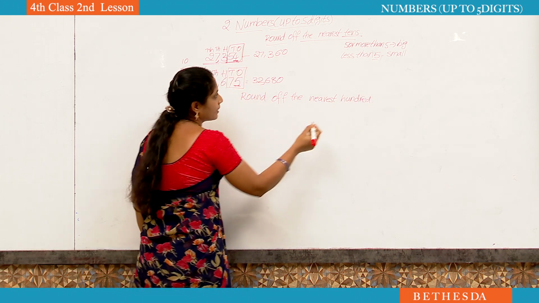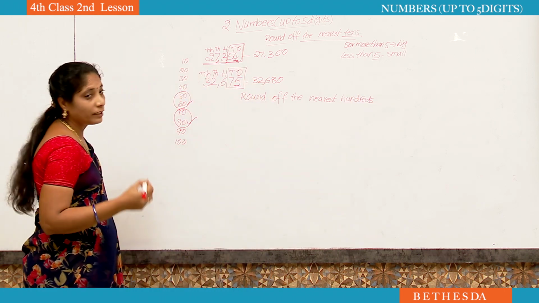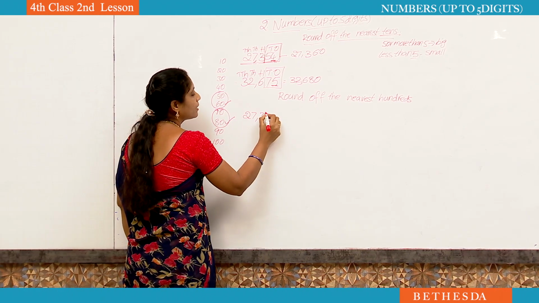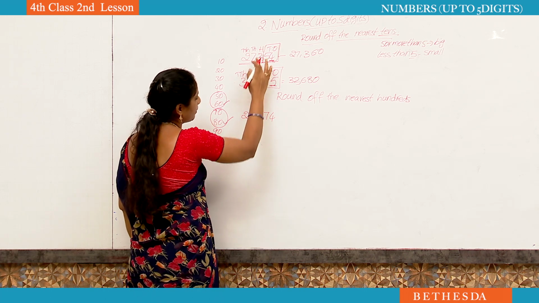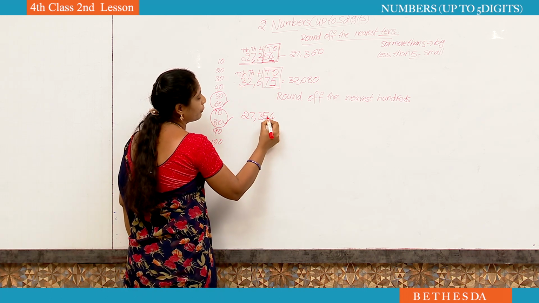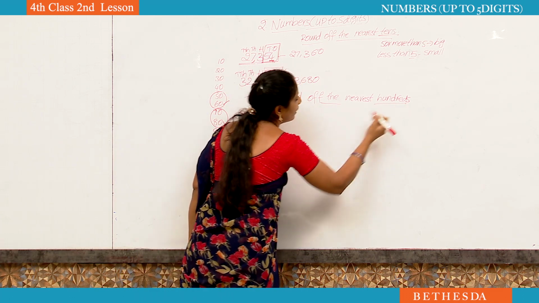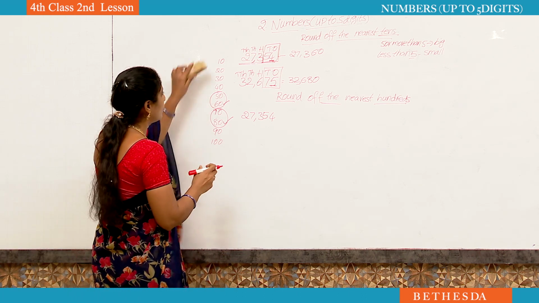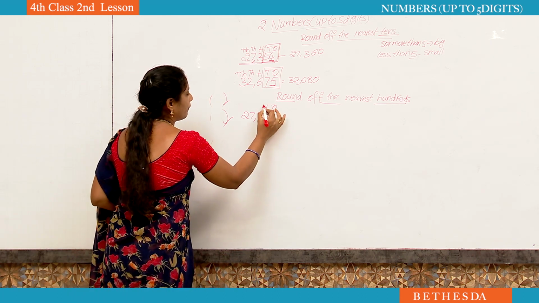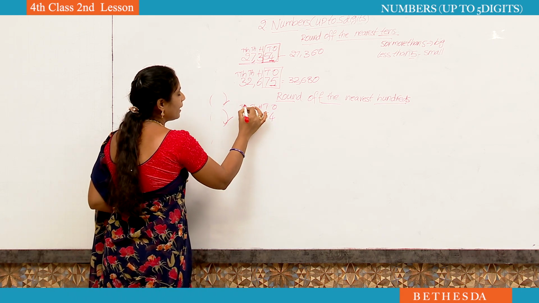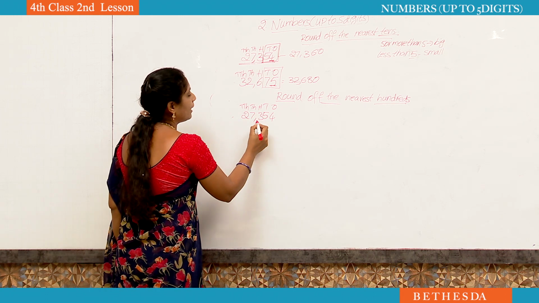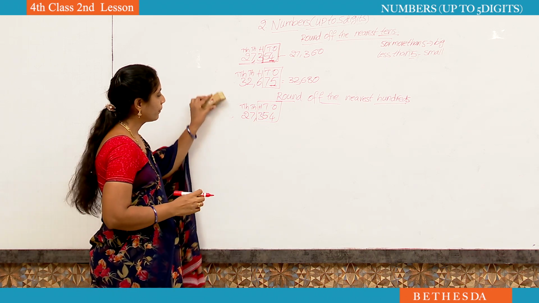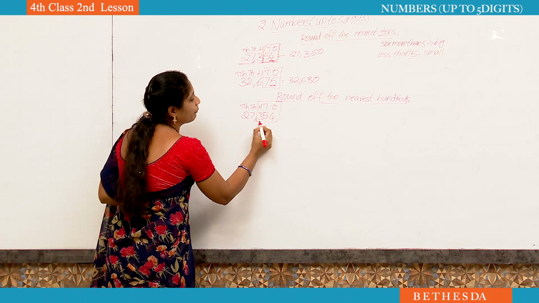See how it is, like tens only, but we have to find it in hundreds. I am taking another number, 27,374. See here, same number I will take, 27,354. For this number, we have to find the nearest hundred. We are finding the nearest hundreds now. That's why we have to write the place values first: ones, tens, hundreds, thousands and then 10,000s. Now we have to highlight from the hundreds place. Sorry, the ones period, from hundreds to ones. Now where will 354 be?